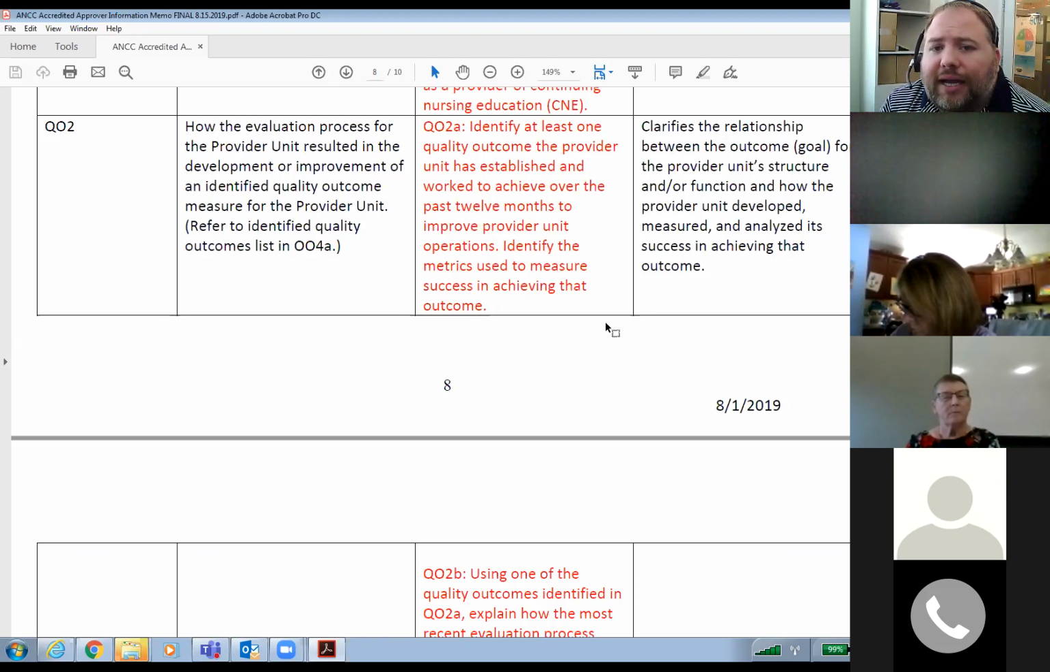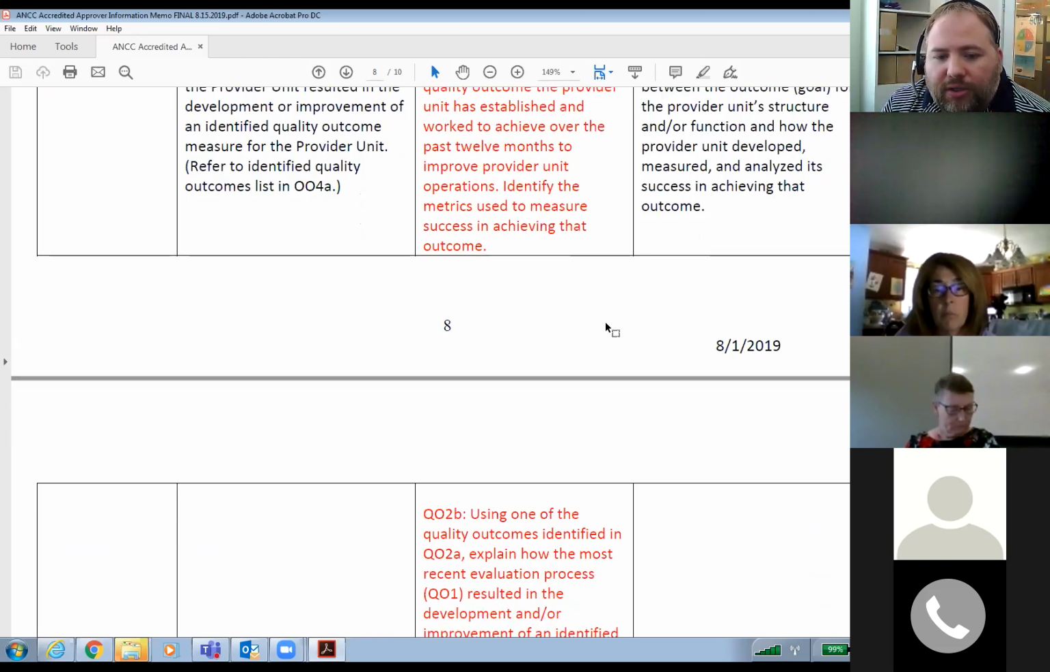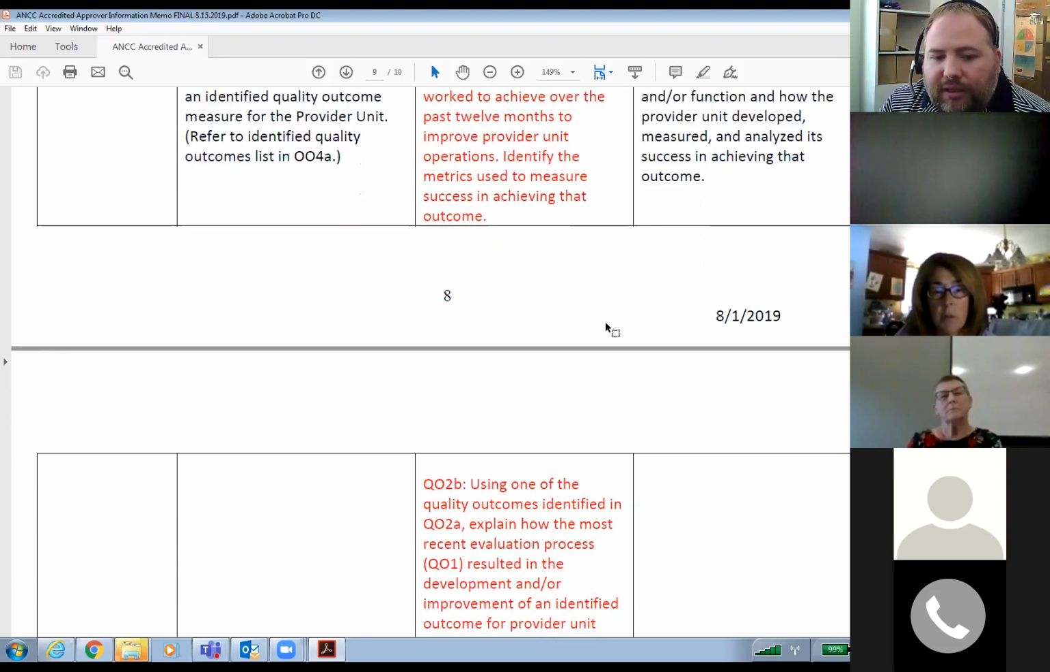So Q02A is identify at least one quality outcome the provider unit has established and worked to achieve over the past 12 months to improve provider unit operations. Identify metrics used to measure success in achieving that outcome. So this is that 004A has brought down to Q02A. And then Q02B,